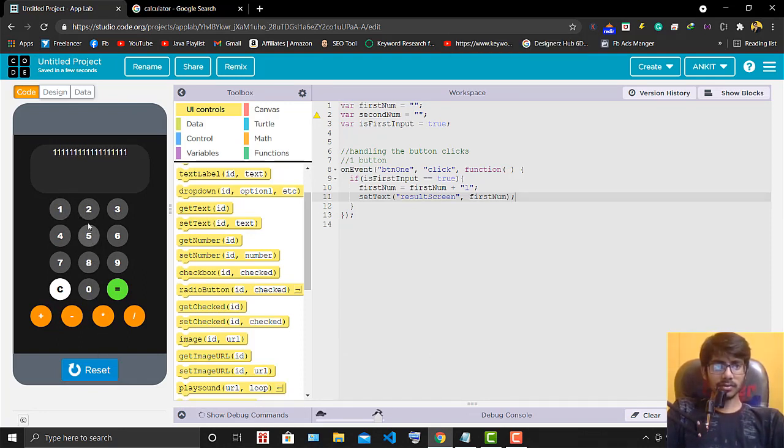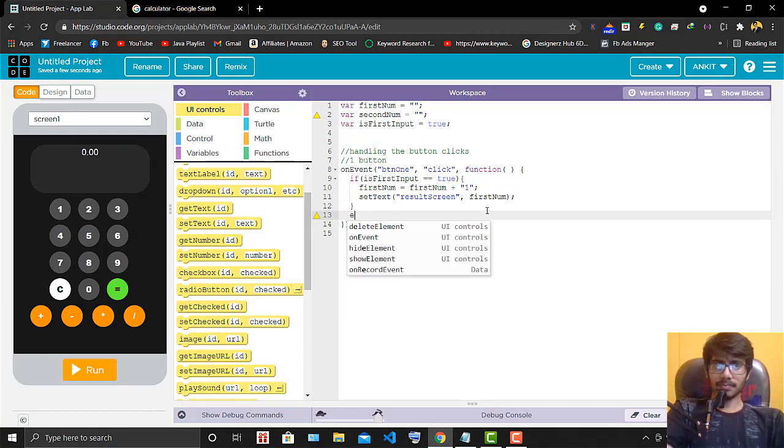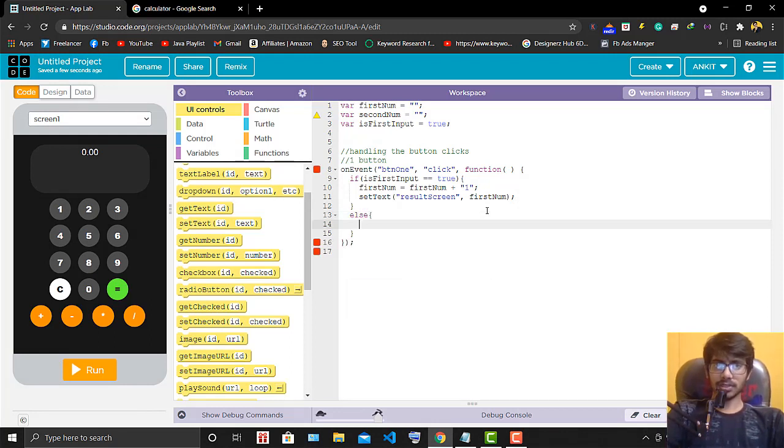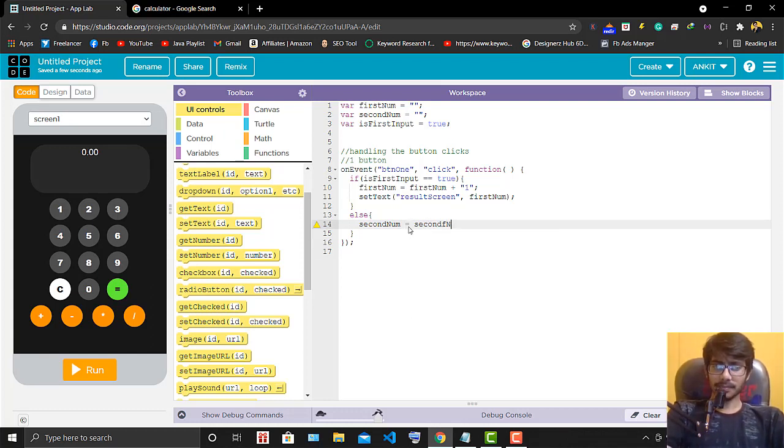Now if I click 2, the 2 is not working because we didn't write it there as well. Now we must add the else condition. In this else condition, second num should be updated with second num plus 1, because we want 1 also.